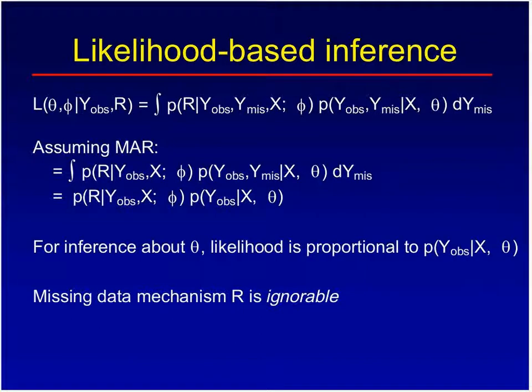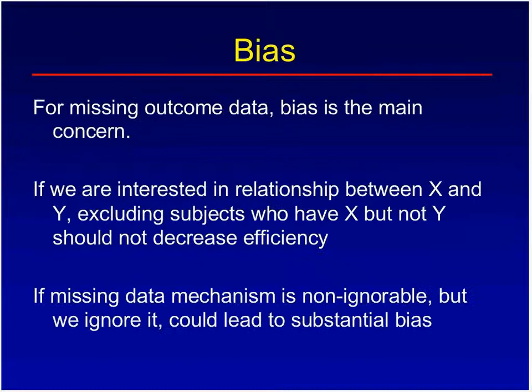This is because the term R given Y obs doesn't involve theta, and we can separate it, so the likelihood is just proportional. Okay, so I argue that if you have missing outcome data in this kind of situation, you're really mostly concerned about bias,